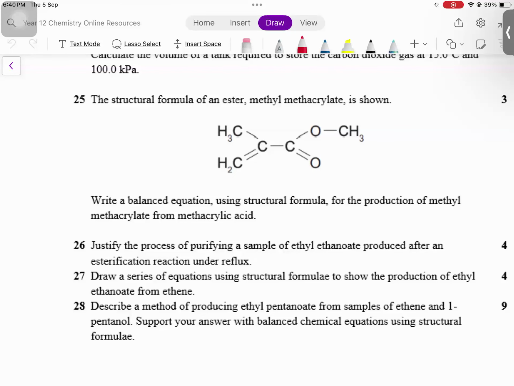Question 25. The structural formula of an ester, methyl methacrylate, is shown. Write a balanced equation using structural formula for the production of methyl methacrylate from methacrylic acid. Now, this is an ester. And the way we know that is because we see a carbon-oxygen double bond with the same carbon single bonded